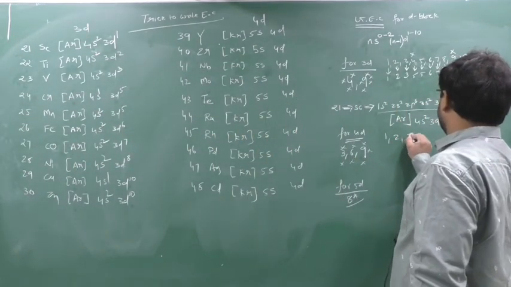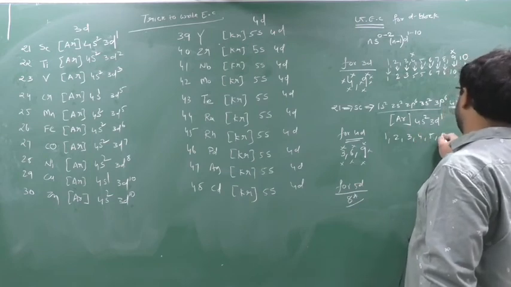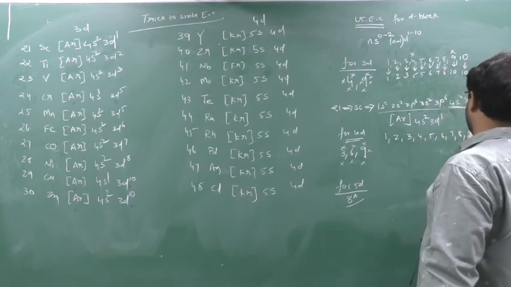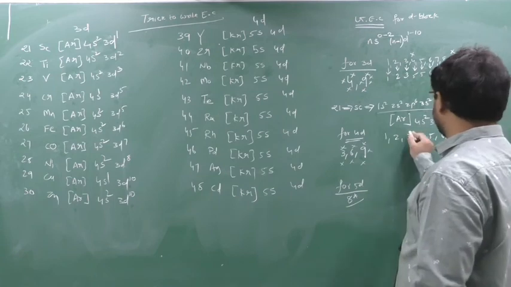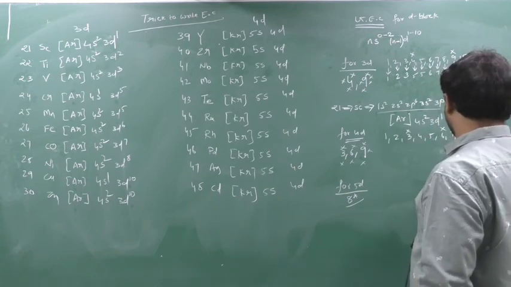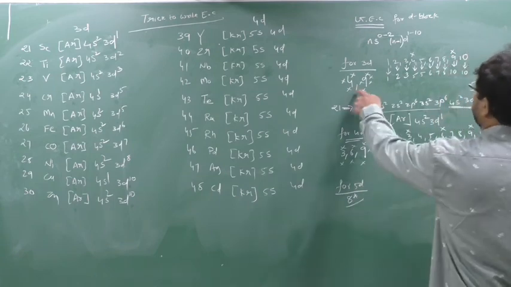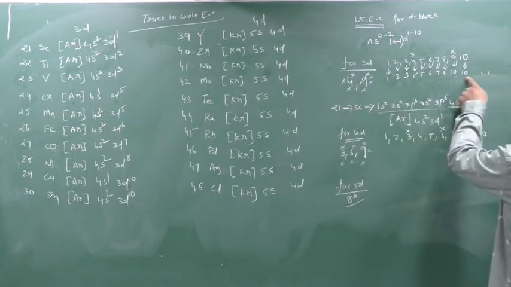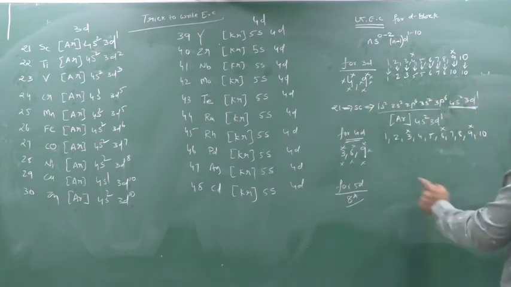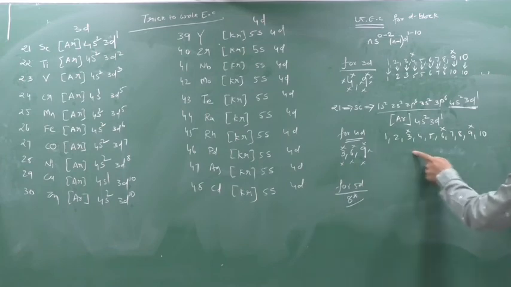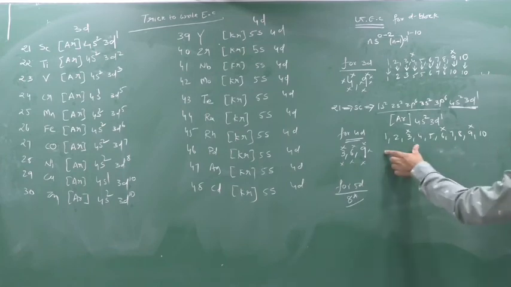1, 2, 3, 4, 5, 6, 7, 8, 9, 10. What numbers should not be taken? 3 should not be taken. 6 you should not take. 9 you should not take. See here, 4 and 9 you should not take. See, nowhere will 4 and 9 come here. Now see here, 3, 6, 9 should not be taken. So don't take here 3, 6 and 9. The answer should not have 3, 6, 9.